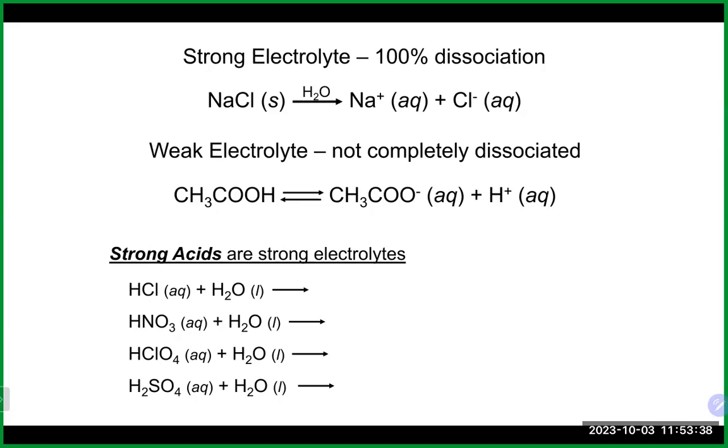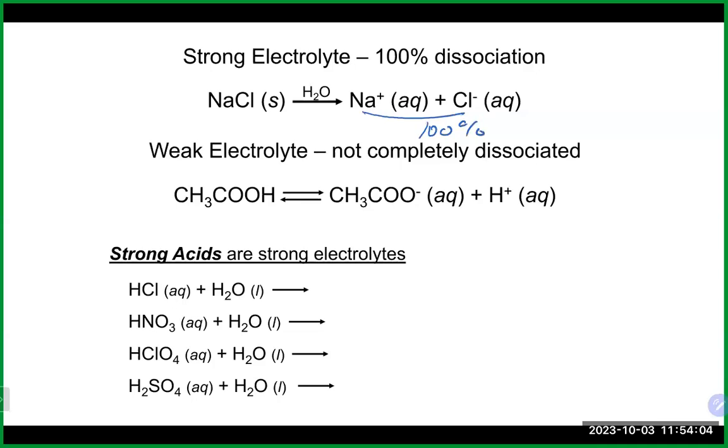So you see the light bulb shine dimly as opposed to very brightly in a strong electrolyte. And there's also non-electrolytes, which basically dissolve but do not create ions, so they do not conduct electricity. So acids and bases are electrolytes, strong electrolytes and weak electrolytes. So something like sodium chloride here, which is a strong electrolyte, in solution, you have basically 100% of those ions